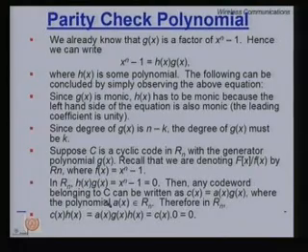Any code word belonging to C can be written as c of x equal to a of x times g of x. However, c of x times h of x can then be represented as a of x times g of x times h of x, and if you take modulo x raised to n minus 1, you have this as 0. This means h of x has this unique property that if you multiply it with any valid code word polynomial, you end up with the 0 polynomial. It is a very simple yet elegant way to check whether a code word is a valid code word.